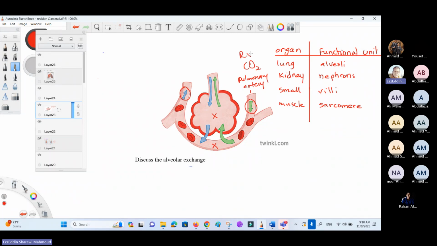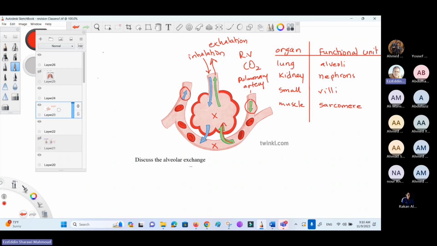and you should know that it's a route coming from the heart in the right ventricle. Okay, here. A lot of carbon dioxide gas will diffuse from the plasma into the air of alveoli and goes outside in the exhalation process. In the next breath, we have new fresh air in the process of inhalation. And inhalation has a lot of oxygen gas, which also diffuses in the opposite direction, from the air